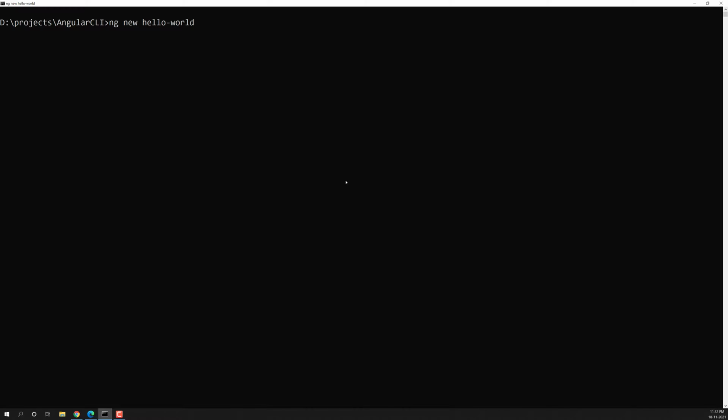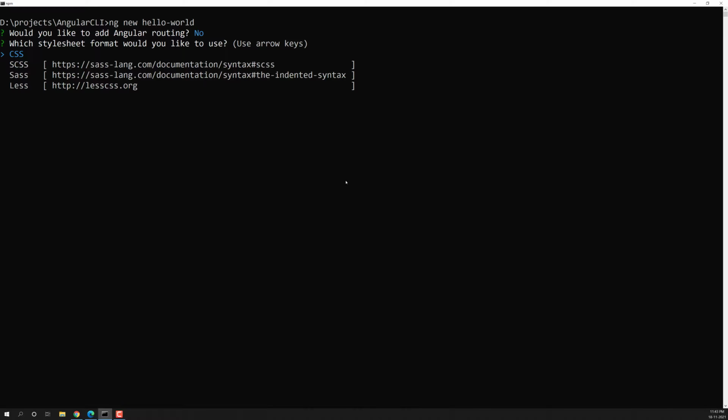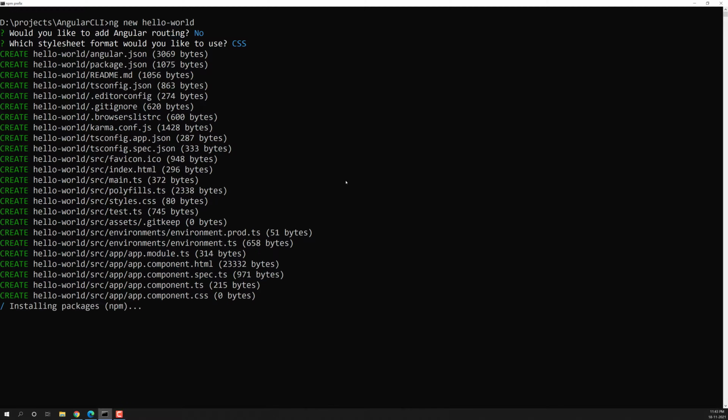First it will ask about the routing. So some options will be asked for creating an application. It is asking whether you want to add Angular routing or not. Capital N means the default one, if you don't mention any option, that is no. If you want to mention anything other than no, then you need to mention it. So I want no. I am taking CSS. So I am creating the npm packages also. Let's install the node modules and all those things, and we'll come back after installing this.